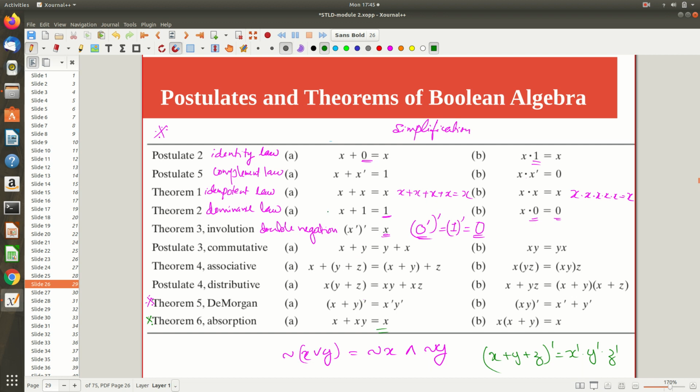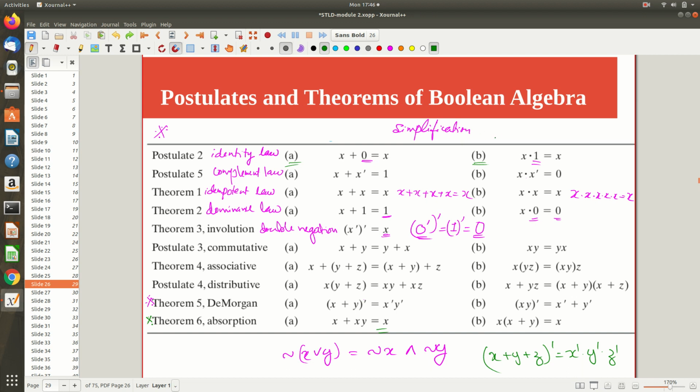Now you can observe something, where for every theorem we have an A part and a B part, right? Can you see something between these two? You can see everywhere how A part is changed to B part. This plus is getting changed to dot. That is the first change you have to observe. Wherever I am having plus, in the B part plus is getting changed to dot. Everywhere, right? See, everywhere. Similarly, see this x, this plus, both of them are changed to dot. This is an important observation. So what is happening here?